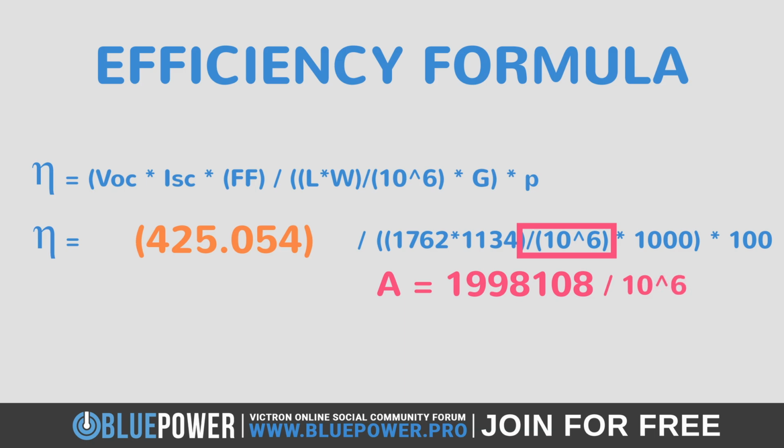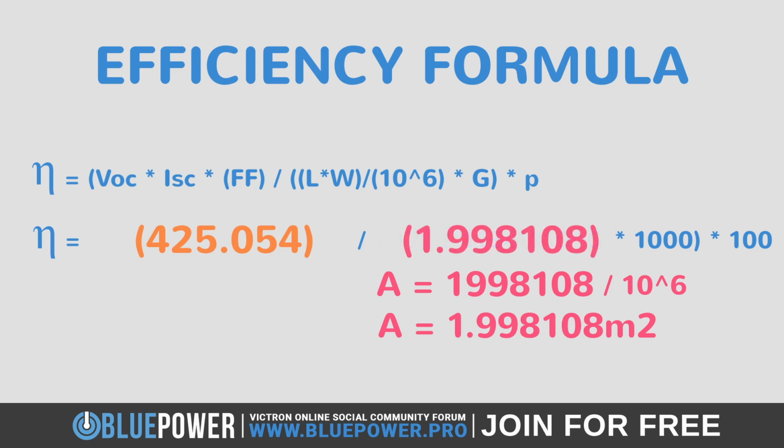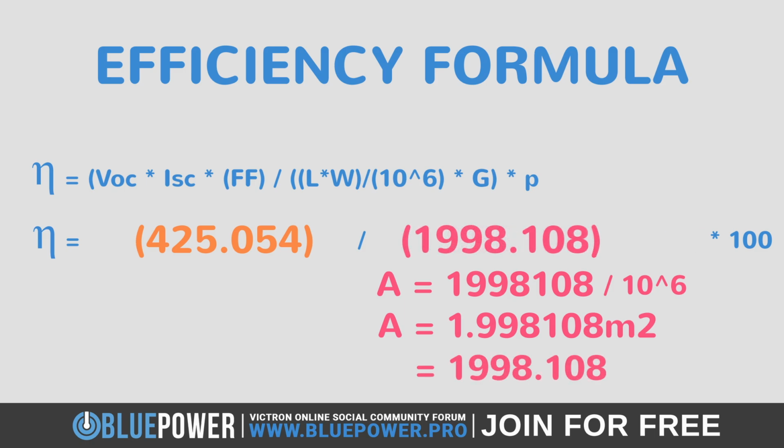In other words, if you divide by 1 million or 10 to the power of 6, the result will be the same. When doing this, we can see that we get a value of 1.998 square meters, representing the total solar module's area. Great, we can now simply plug this into the denominator of the formula and then multiply it by the 1000 irradiance, resulting in 1998.1. The product of the area and solar irradiance is often referred to as the incident solar power or incident